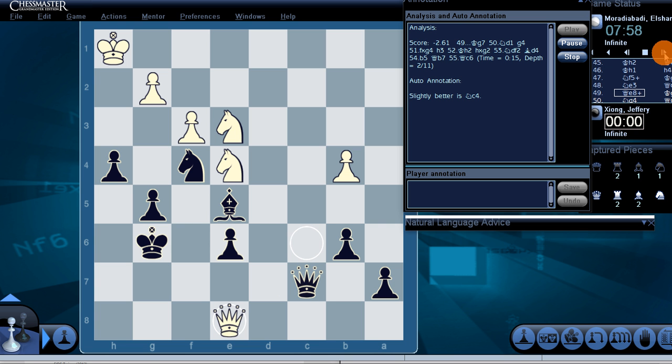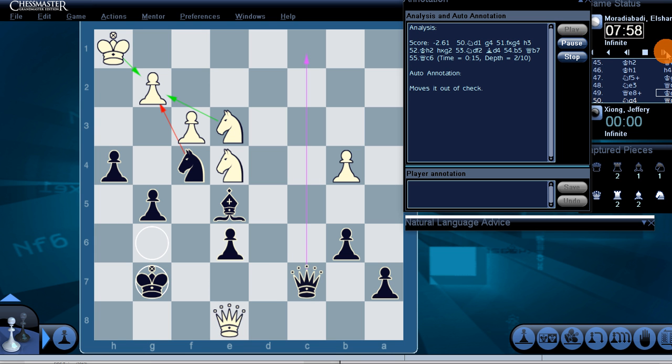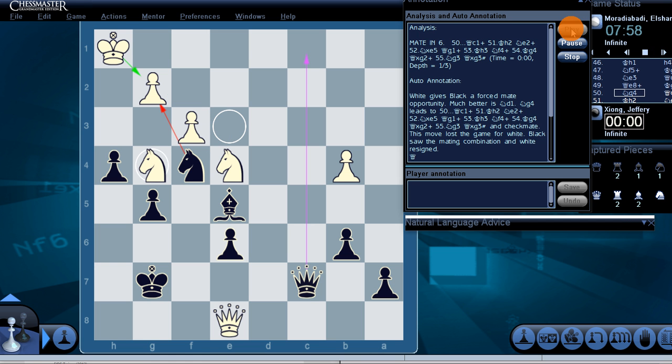Queen e8, check. Slightly better is knight c4. King g7, moves it out of check. Knight g4. White gives Black a forced mate opportunity. Much better is